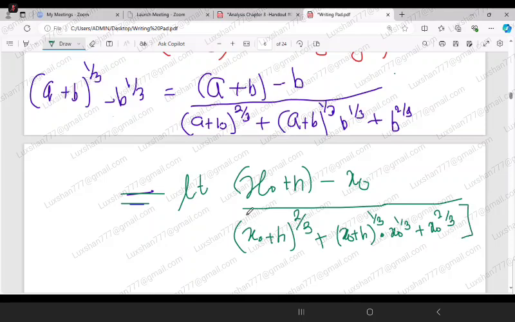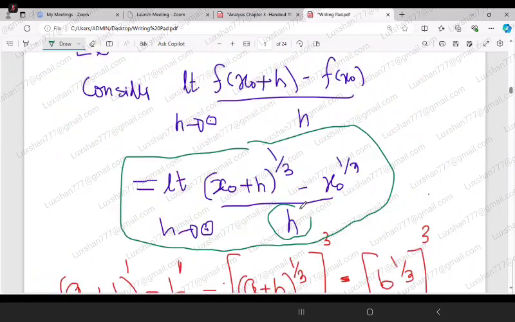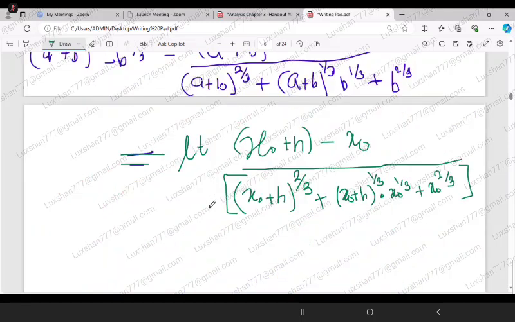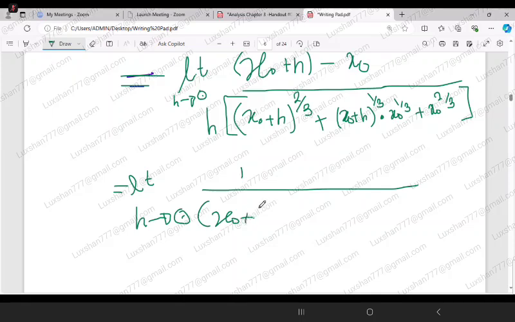And here, in addition to that, we have an h here. So that h also should be there. Then h cancels. Now, if you simplify, x naught gets cancelled. Here there is an h, here there is an h, they get cancelled. So ultimately we get the limit as h tends to 0 equal to 1 over x naught plus h